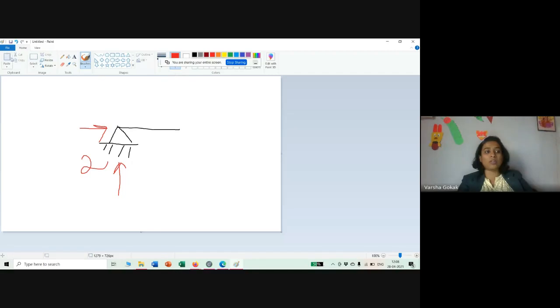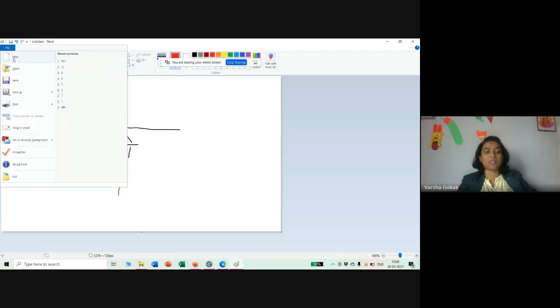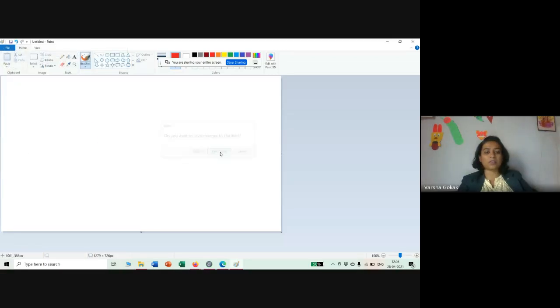Now, what about the last one? Which is it? Fixed one. So this is a fixed support. Correct? Something like this. I'm using a mouse and drawing. That's why it is becoming so bad. Like this. Correct? This is a fixed beam. If you can see my video, I'm here holding the pen tight in my wrist like this. So this is a fixed beam.